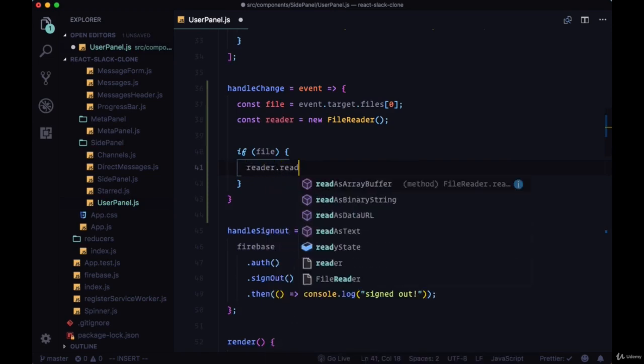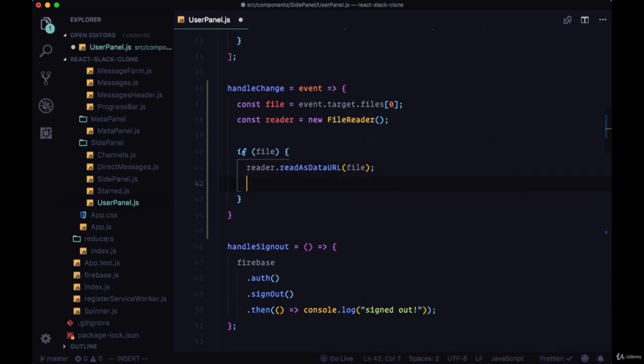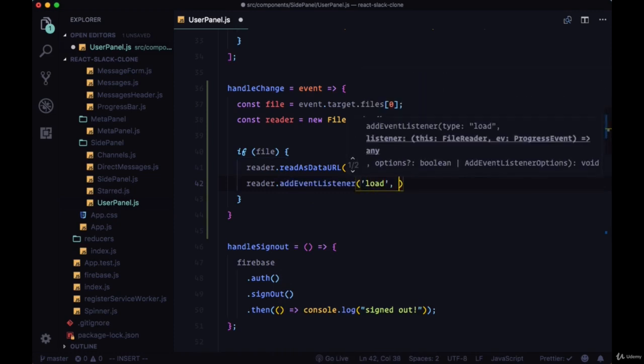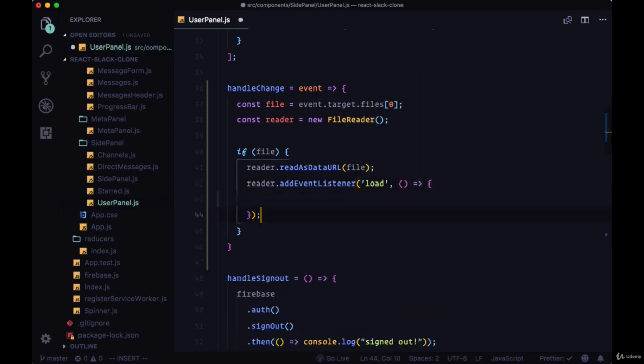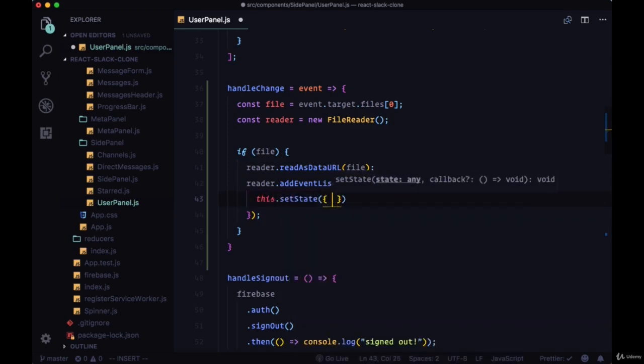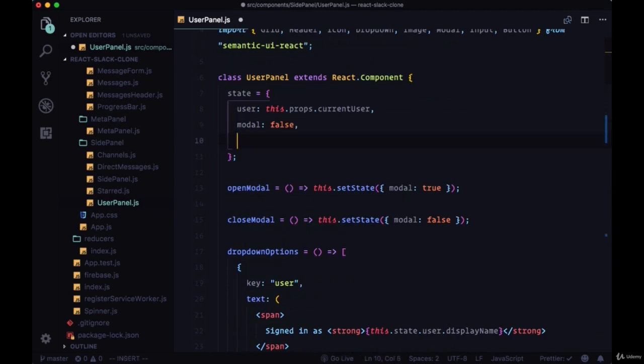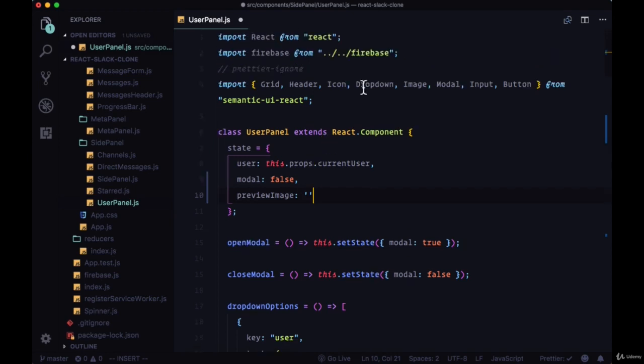once we check to make sure that we have a file within our file variable, we're going to use the reader and this readAsDataURL method to read the file, where then our reader will listen for the load event, and in the callback to that we're going to set the previewImage property within state to reader.result. So we'll create previewImage, set that to an empty string in state,